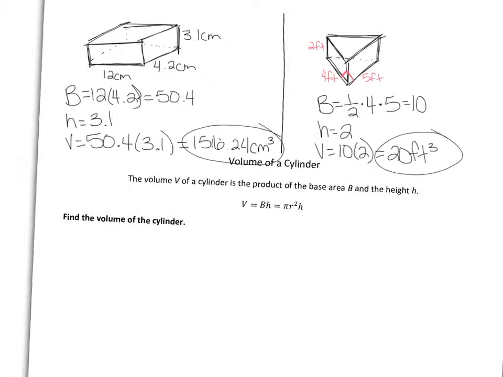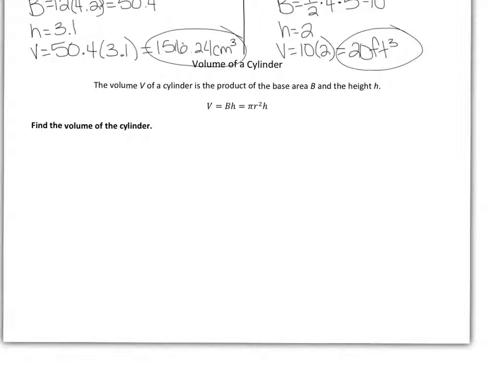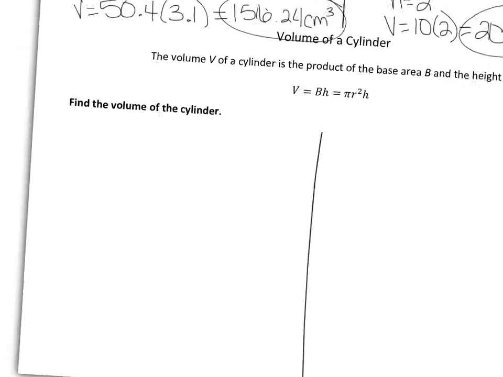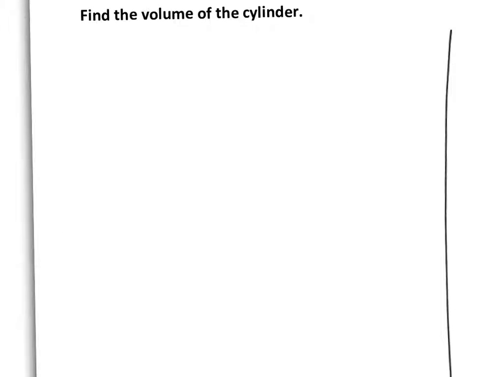Okay, volume of a cylinder is a lot easier, especially because you're not worrying about finding which side is your base, because the base is always going to be what kind of shape? A circle. We're going to use the same formula for every single cylinder. Pi r squared times h. So for this first cylinder,